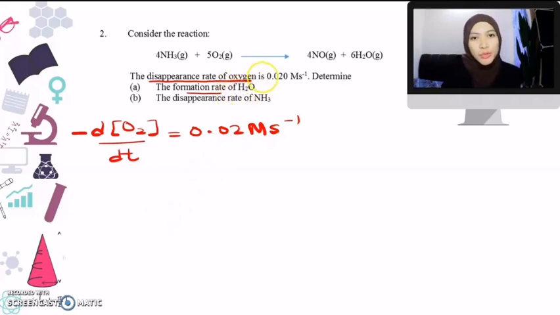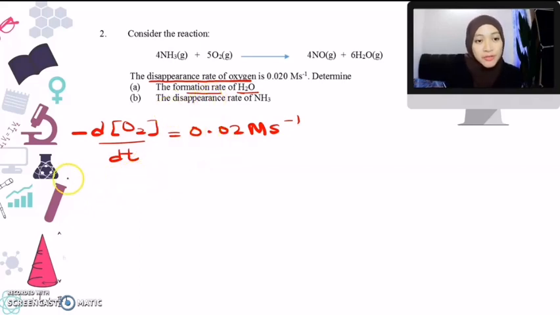So now we have to relate H2O and O2. So look at the equation. For this kind of question, you have to use the differential rate equation, as the differential equation will relate all the components in the equation. So from the equation,